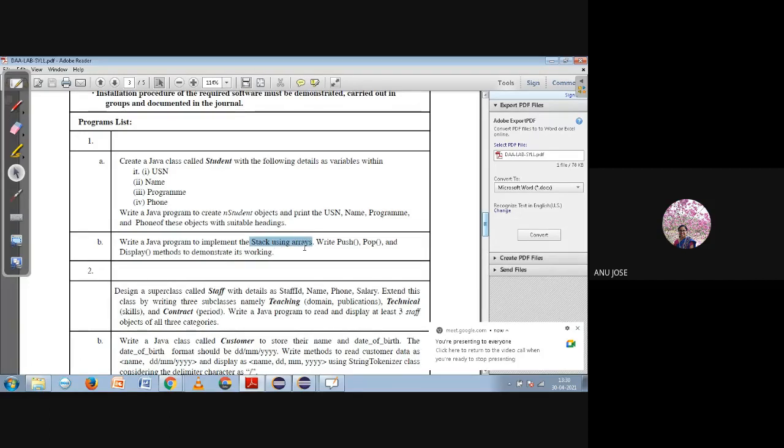What is the speciality of the stack data structure? Push and pop are the operations performed in that. How can the data be entered and taken from the stack? Last in, first out. So whichever data item you put in the stack last, that item will be taken first. That is the property of the stack data structure.